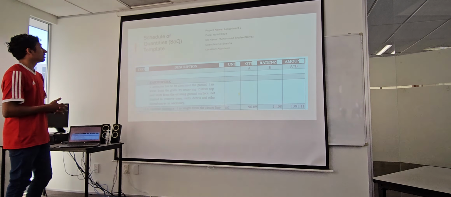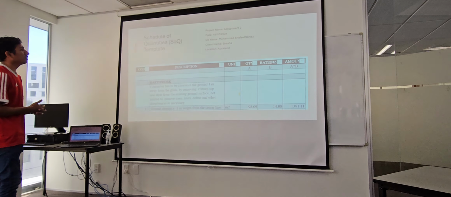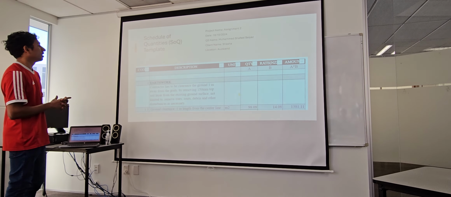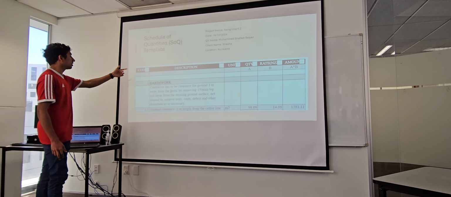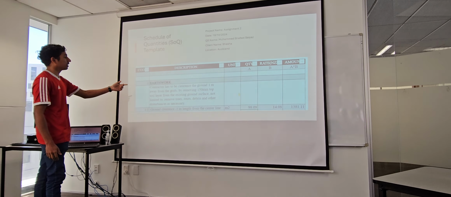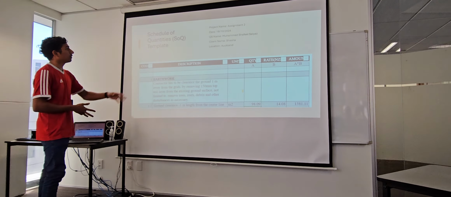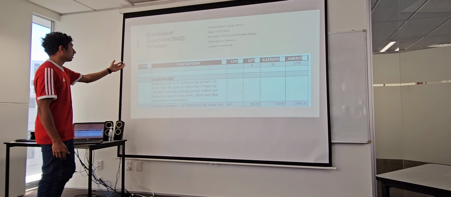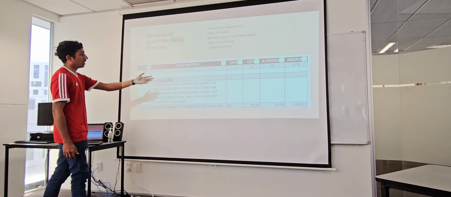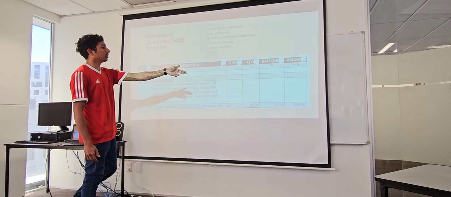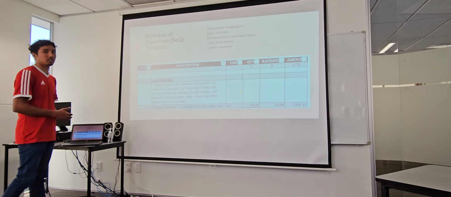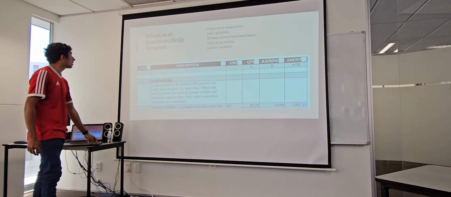So for the schedule of quantities, as you can see, I've given an example. The project name is assignment 2, and you can see the description, earthwork, the contractor. It's basically this way. So you have to include all those, and the description is right here, and the unit with the quantity, rate and amount. Moving on to the next slide,